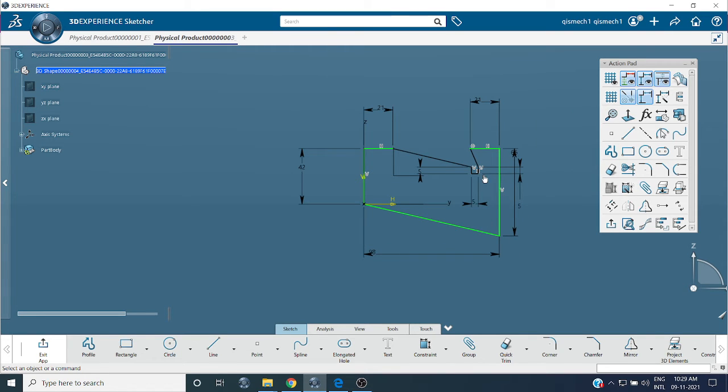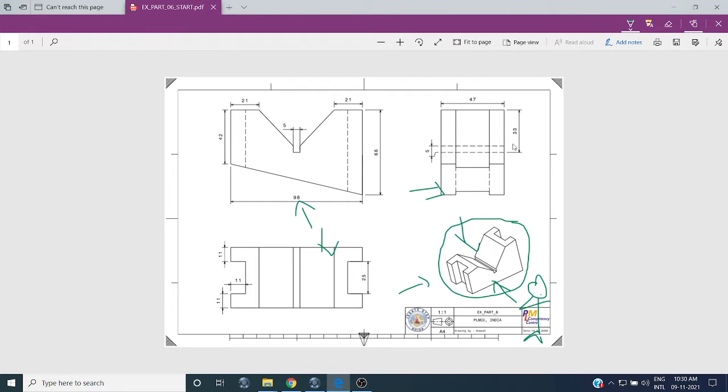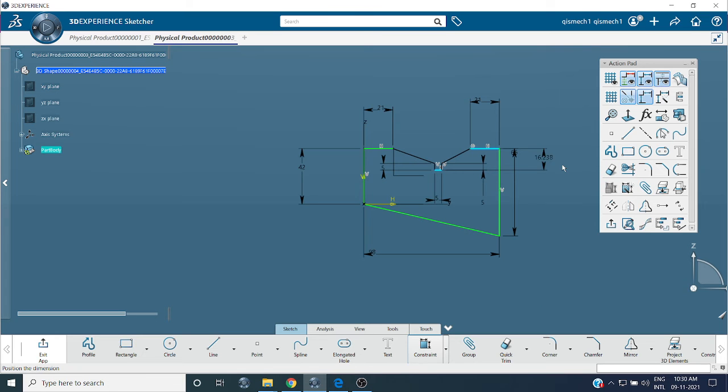Now we should calculate some dimension from this line to the top. What is this dimension? You can see here 33. It is 33.